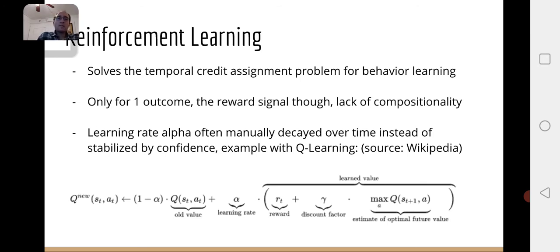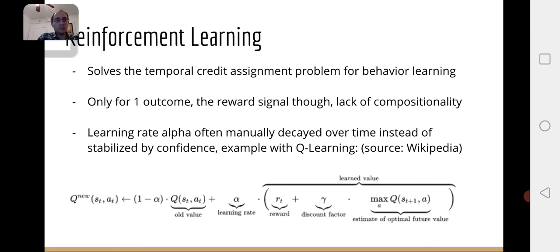Another technique, of course, we need to compare with is reinforcement learning. Reinforcement learning solves an important issue, which is the temporal credit assignment problem for behavior learning. Most of them, not all, there is also newer research, but most of it is for one outcome, the reward signal. And so it really tries to learn a state-action mapping in such a way that for each state it will have the action which